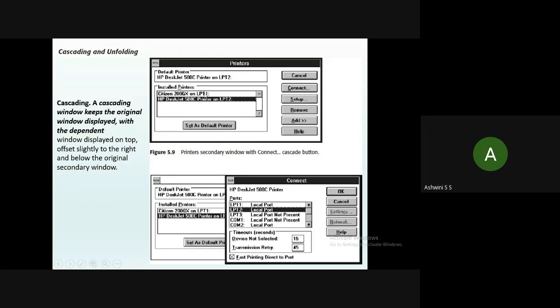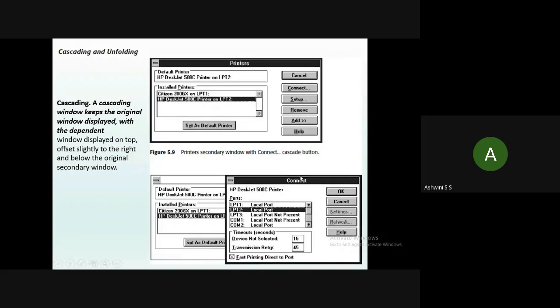In this secondary window, whenever I am selecting any of the properties, once again it will open one more window which will cascade the first window. So here you can see there are two windows open and they are overlapping with some offset values.